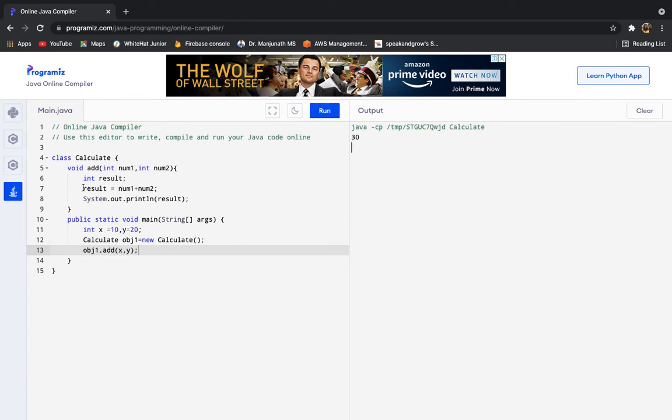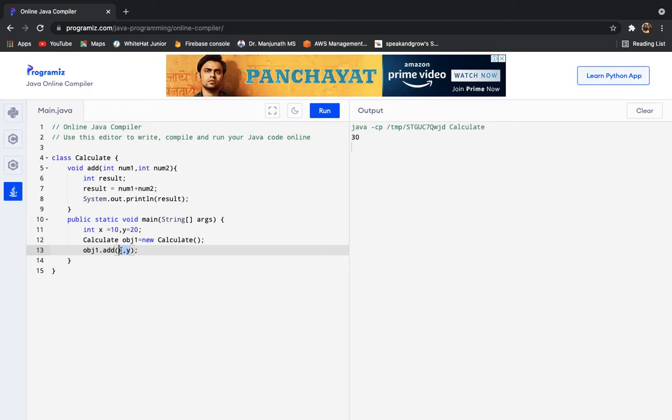So now we have 30 here. So we got some control over the function, which is listening to our values and giving us the expected result. But still it is partial. Why is the control partial? Because if you see here, you have the System.out.println written inside add.